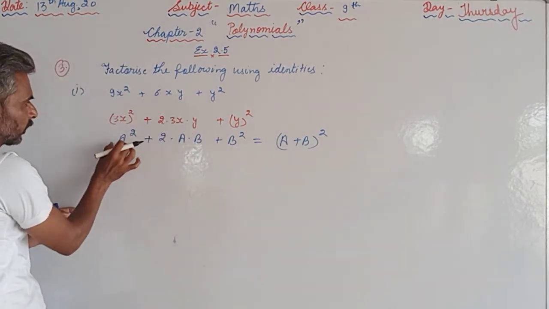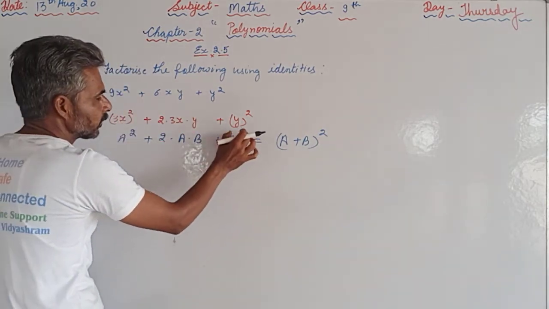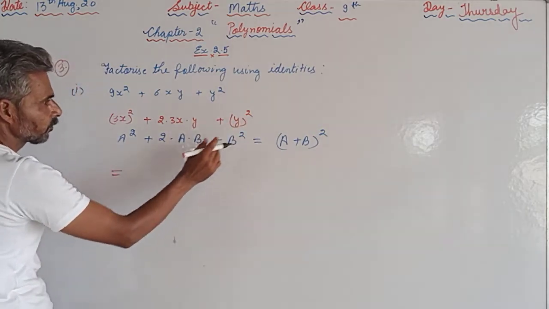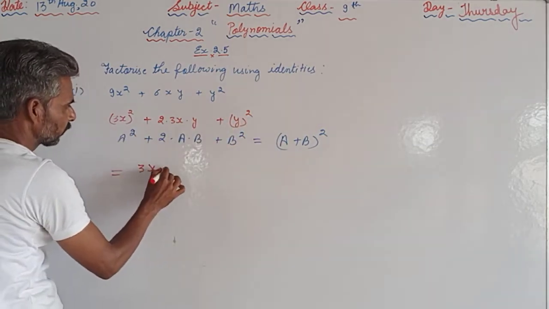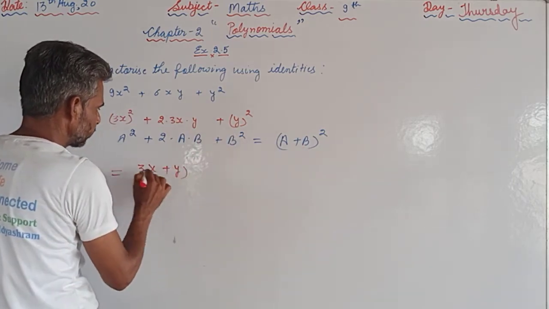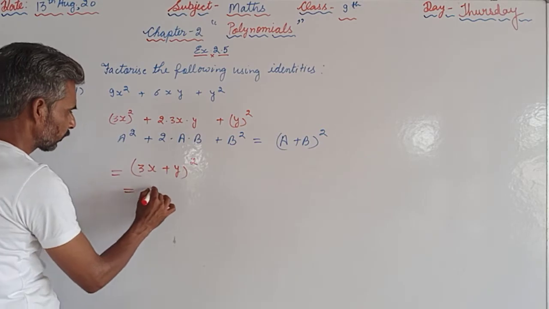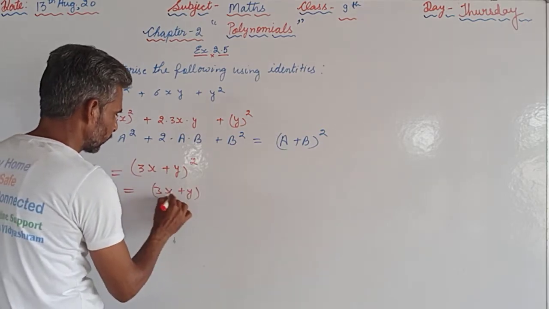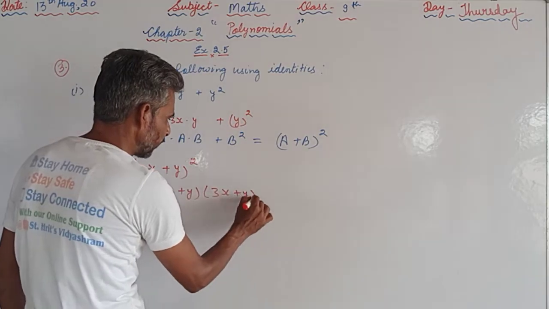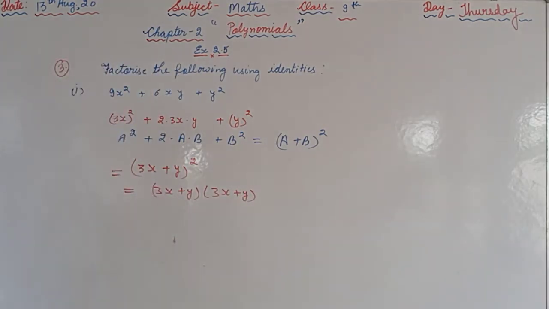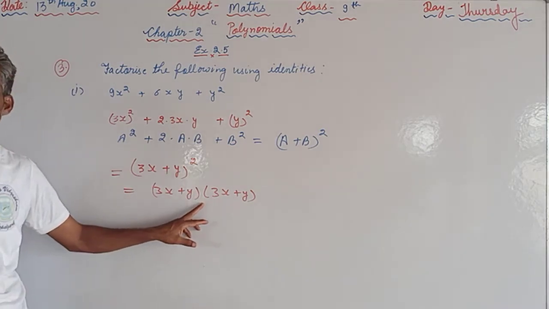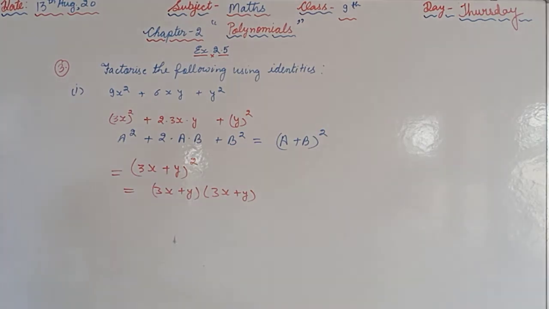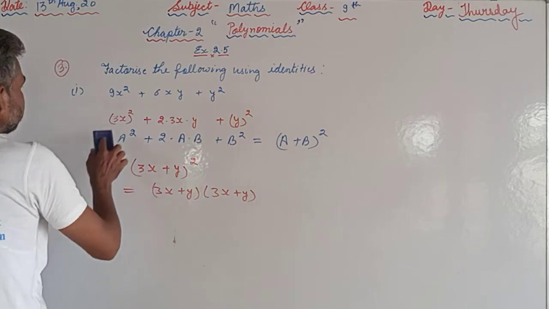So this can be written as this. So this is in the form, in place of a there is 3x, in place of b there is y. So it means the answer will be a, 3x, plus b, y. So 3x plus y whole square, or we can write 3x plus y into 3x plus y. That has been factorized. Factorize means we are supposed to construct two brackets having the sign of multiplication between them. So there is a sign of multiplication. If no sign is there between any two brackets, it means that there is a sign of multiplication. So now we will see the next part, that is the second part.